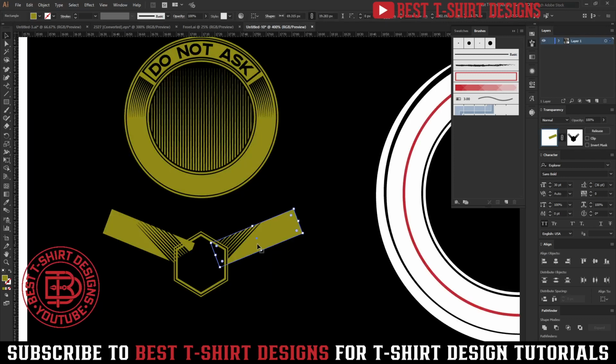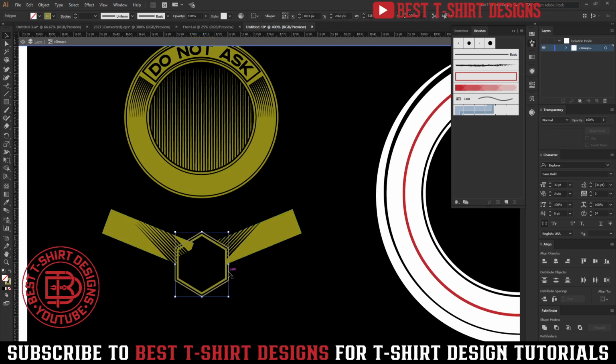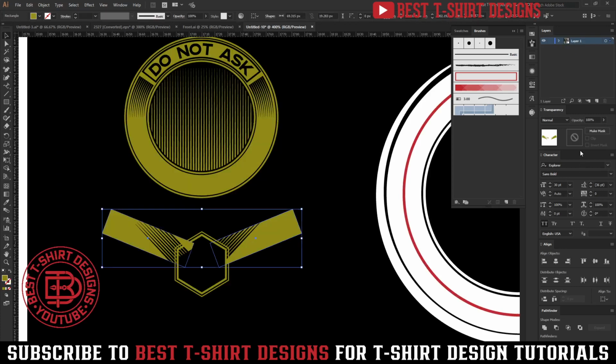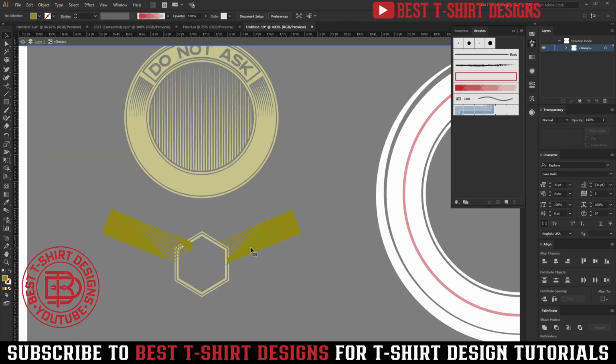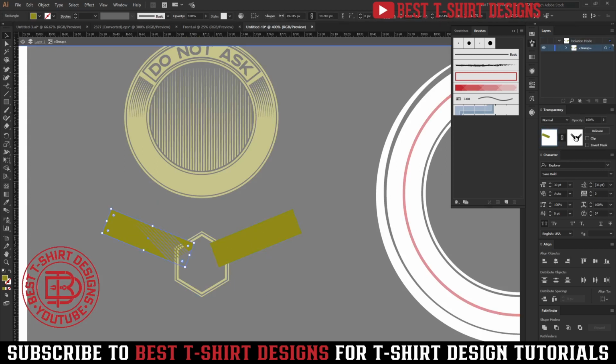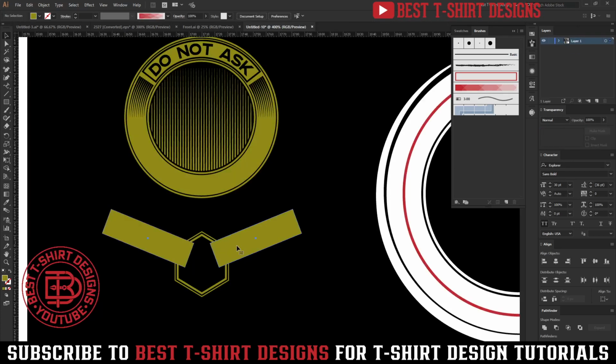So this is how it is going to be. Make it a group, then select this one, align in the center position. That is fine. I'm just going to do the same thing that I already did. In this group, if I select that one, I will find this shape, I need to delete that. In this one I will find that exact shape, I need to delete that. And then here if I select this one,